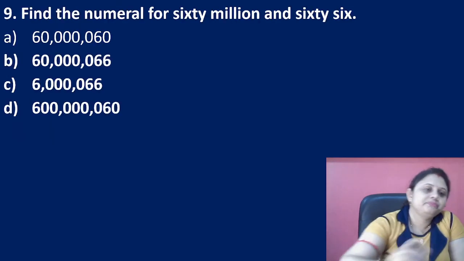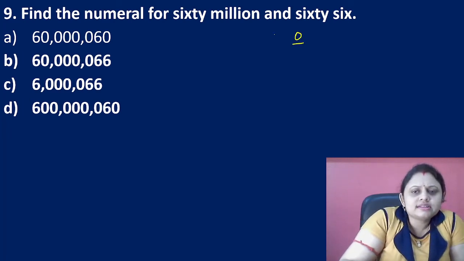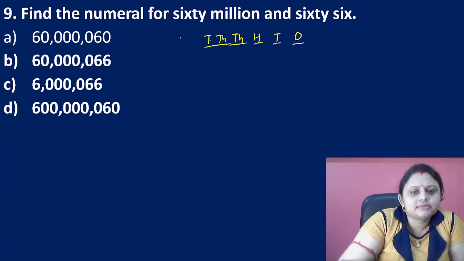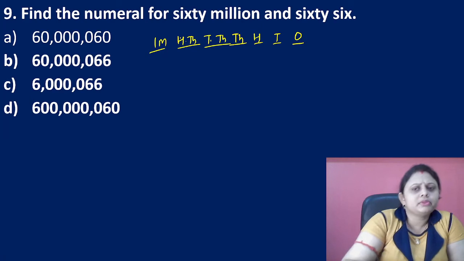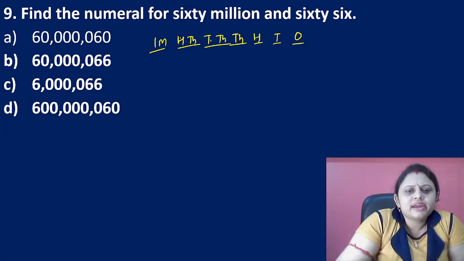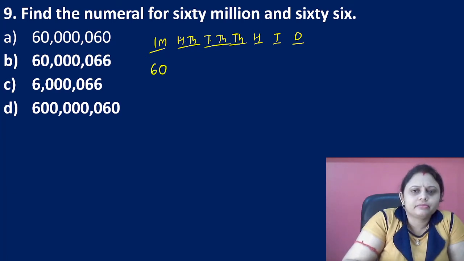Okay. Next, find the numeral for 60,066,000. First we have to write ones, then 10, then 100, 1000, 10,000, then comes 100,000. Then comes million. Okay, it is the international number system. What do we have to write? 60 million. In this million place we have to write 60. And 66 means here